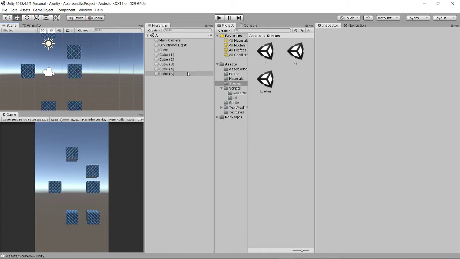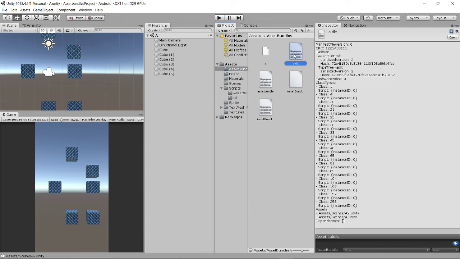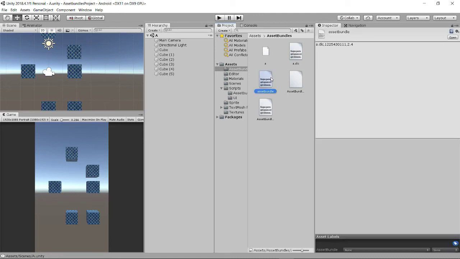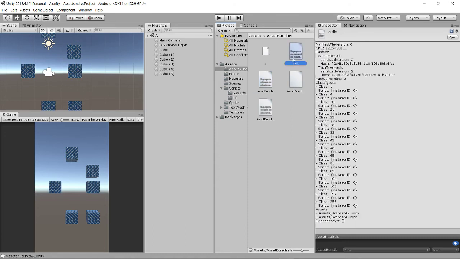So the update is finished now and we can see it by clicking. It takes some time to get updated, so we have to wait until it changes, because currently the asset bundle text file is like this: a.dlc, the name of the DLC, the CRC number and the total file size. So we have to wait until it gets updated.